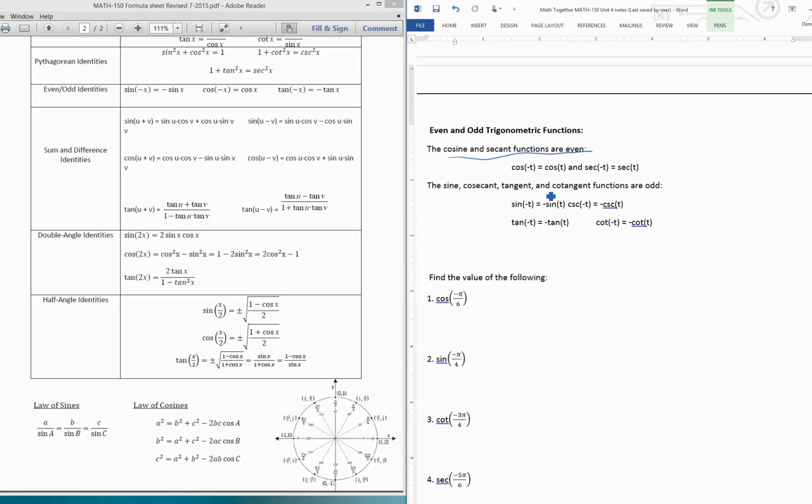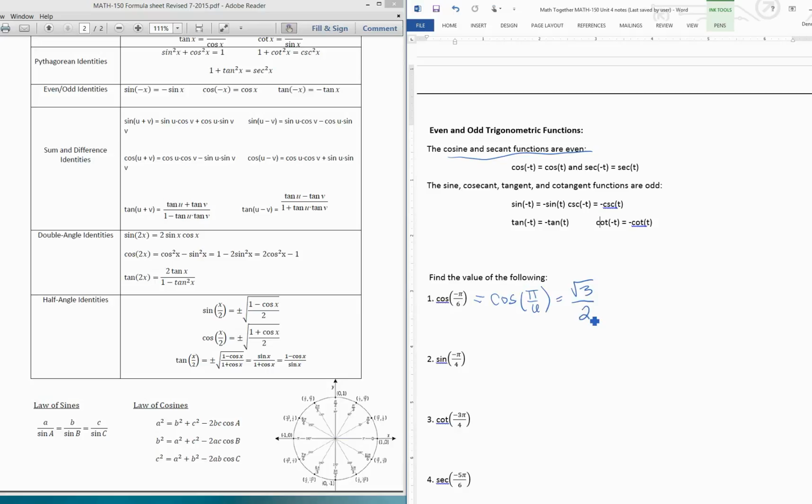Okay, so here's how we can use this, and I've pulled up a copy of our formula sheet so we can use that as well. Cosine of -π/6, since cosine is an even function, is equal to cosine of π/6. So we can use the unit circle. Here's π/6. Remember, cosine is the x value. So I know that's small, but that's square root of